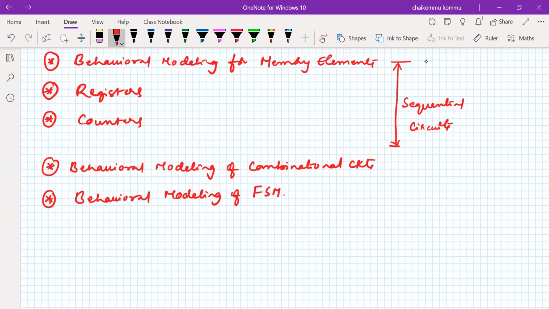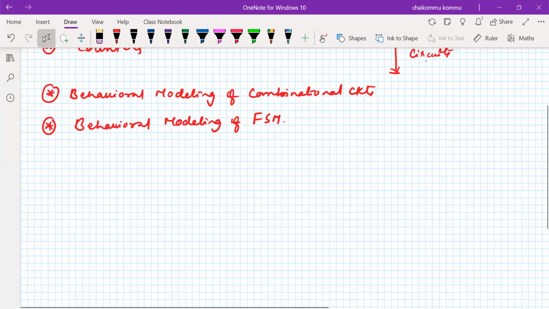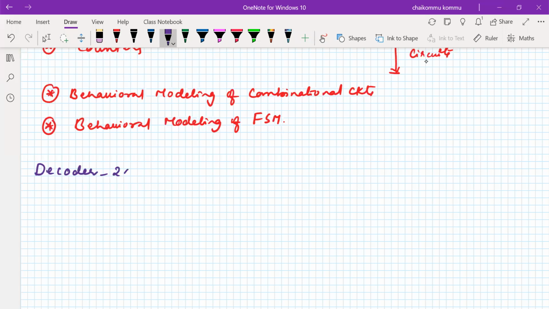So let us take one combinational circuit, for example a decoder. I'm going to write the behavioral modeling for the 2x4 decoder, and then another two things that I want to write, and then we'll go for the finite state machines.